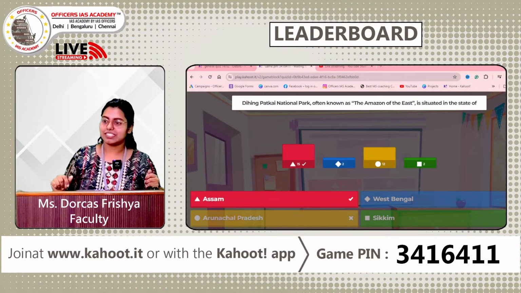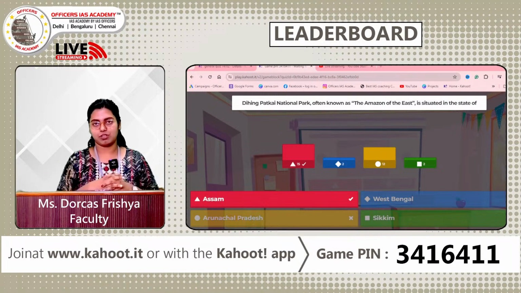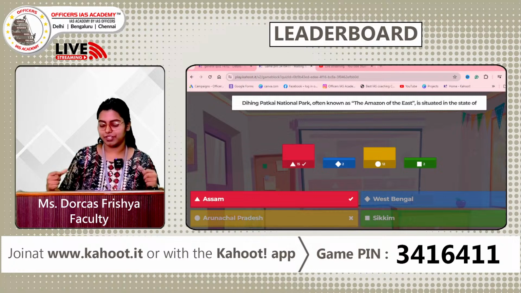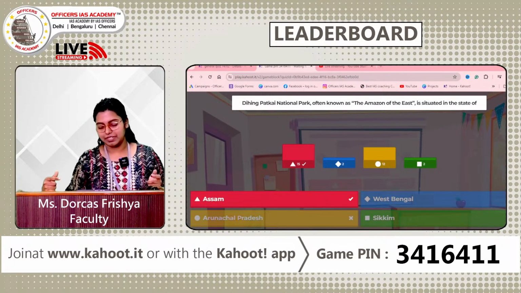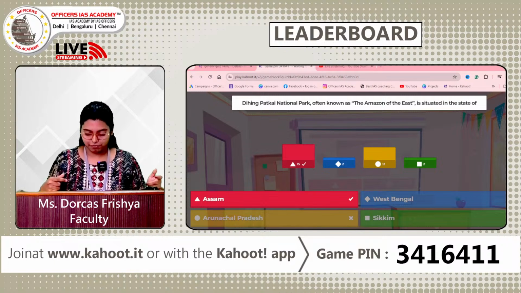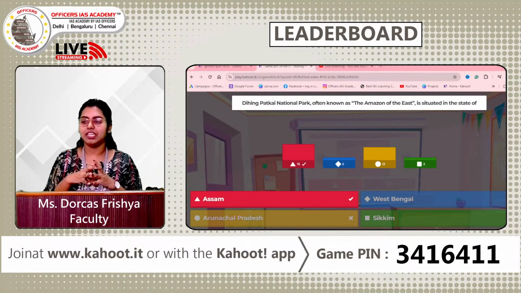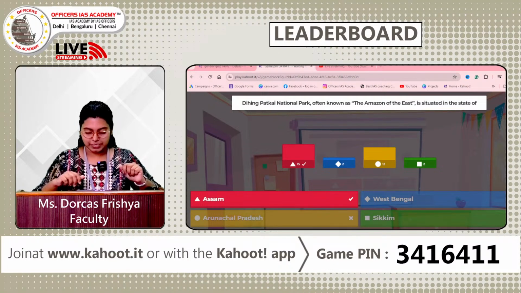Alright, so this particular national park, DPNP, is located in the state of Assam. Actually, it encompasses three different parks, I would say. One is the Dihang Patkai Wildlife Sanctuary, the Jaipur Reserve Forest, and the western block of Upper Dihang Reserve Forest. Comprising all these three is what formed Dihang Patkai National Park.